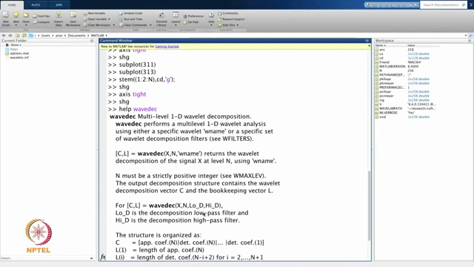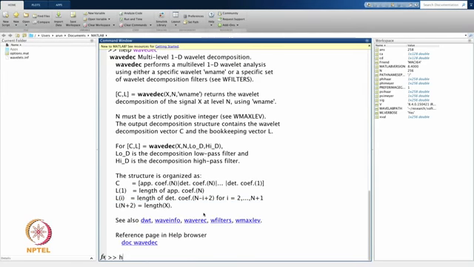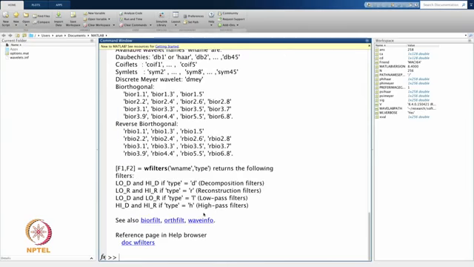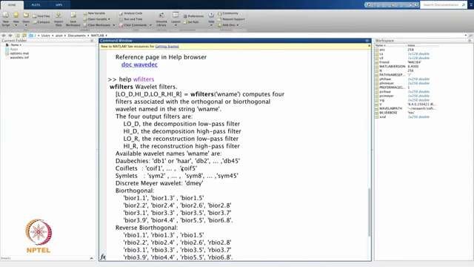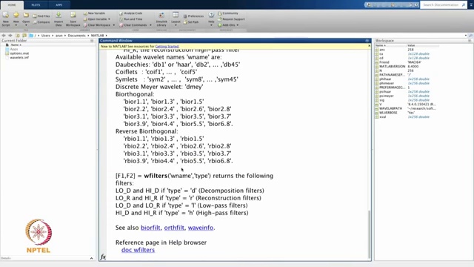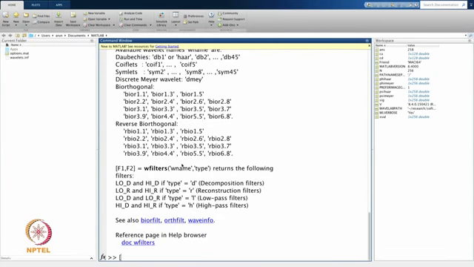How do you get the low pass and high pass filters? Well, there is a command called wfilters, which gets you the filters associated with these different families. For whatever families the filters exist, wfilters will be able to get you the filter coefficients: Daubechies, Coiflets, Symlets, or if you want to use biorthogonal wavelets or reverse biorthogonal wavelets and so on. So, for example, if I want